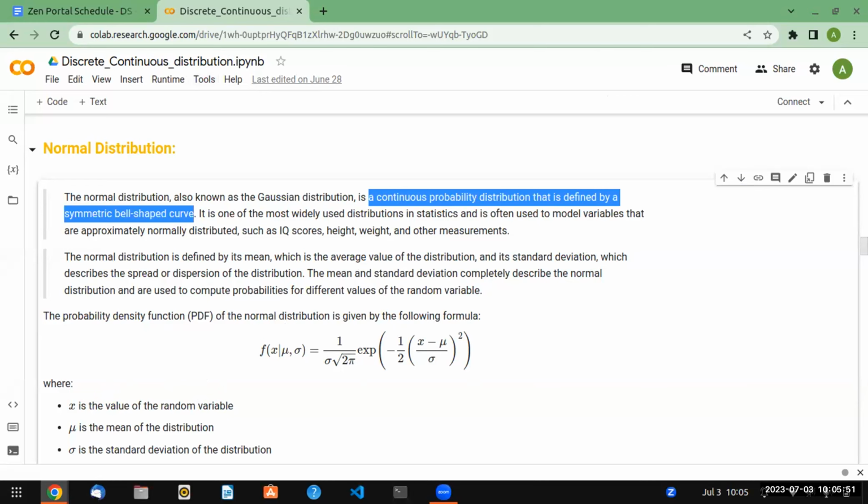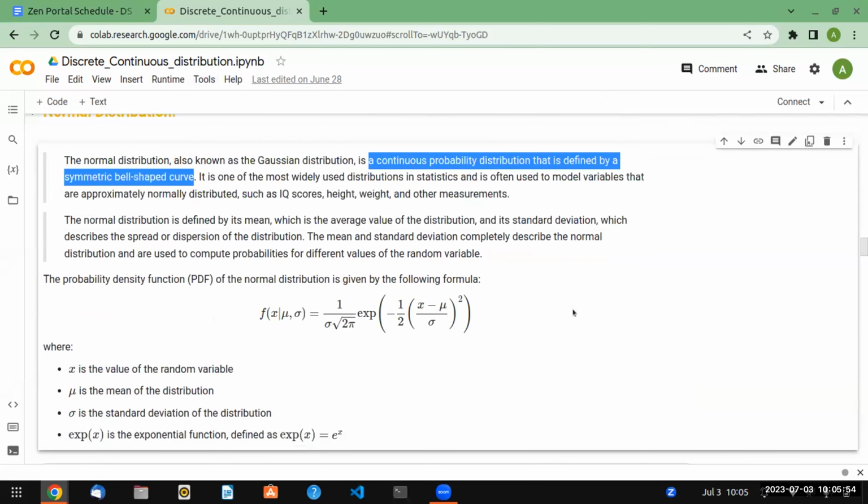Here we are calculating for the mean and standard deviation on the left side, is it right? So this is the way of writing this mathematical equation. That means this equation is a combination of three parameters: X, mu, and sigma. So the function is a combination of X, mu, and sigma, where X is the random variable, mu is the mean, and sigma is the standard deviation. And here, exp.